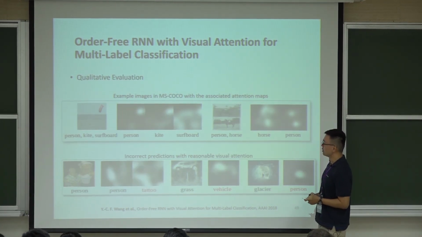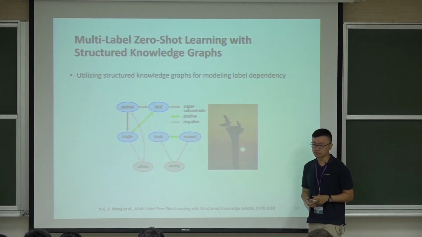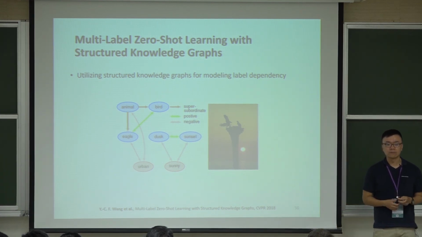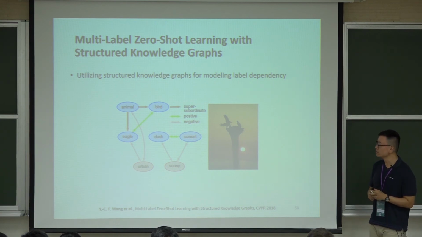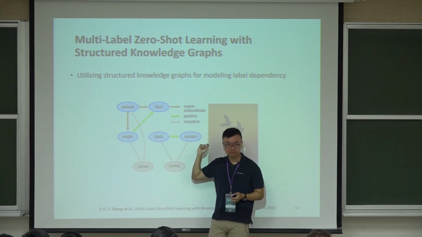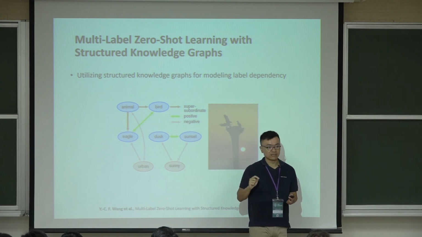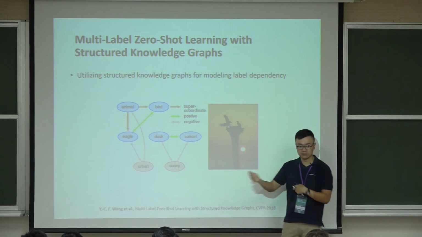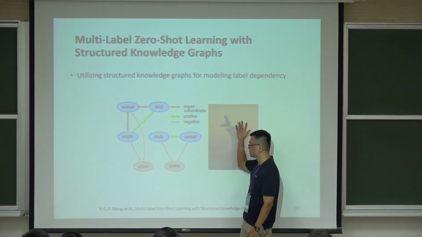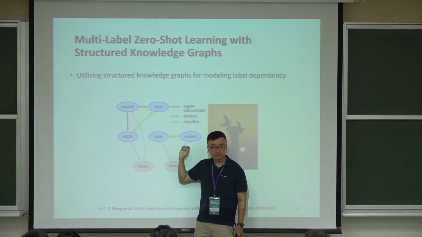And the other thing is, I think I need to skip some results. This year at CVPR, we have another work which is also on multi-label classification, but we also did additional things. Here we additionally consider the semantic information between labels. Some labels are positively related, some are negatively related, or some of them have some order relation. So we not only learn the relationship between images and labels, we also exploit the knowledge graph from